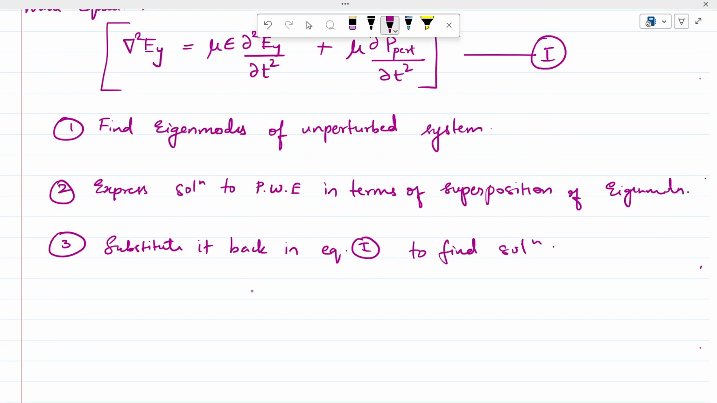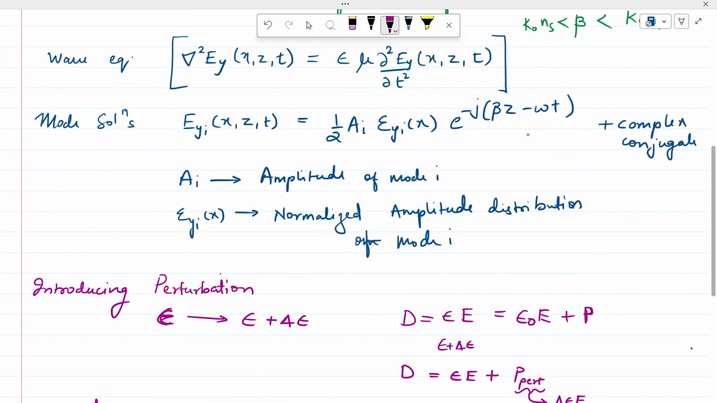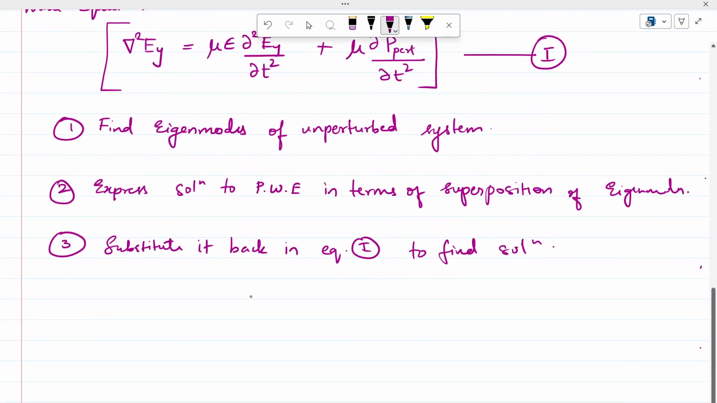So let us do it. We already know how the solutions of this part look like. So the first point is done. This is how the solutions of the first part look like. So let me just write the most general solution. The most general solution would look like a superposition of the eigenmodes. So let me do that. E of x, z, t will be,